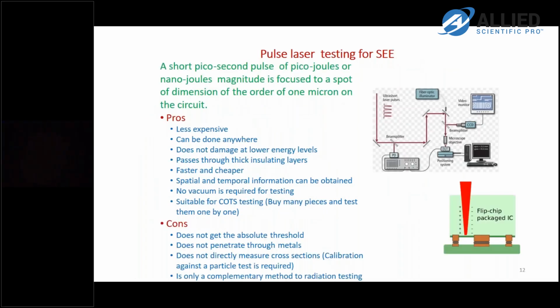So now let's look at the pulse laser testing. Now that we saw what the radiation facility has to offer, we could look at the pulse laser. In pulse laser testing, normally a picosecond laser of picojoule or nanojoule magnitude is focused using a microscope objective on the device. So it's a pulse laser of a picojoule pulse. And you can see it's reflected from these mirrors and goes through the microscope objective and is focused on this device, which is on an XYZ